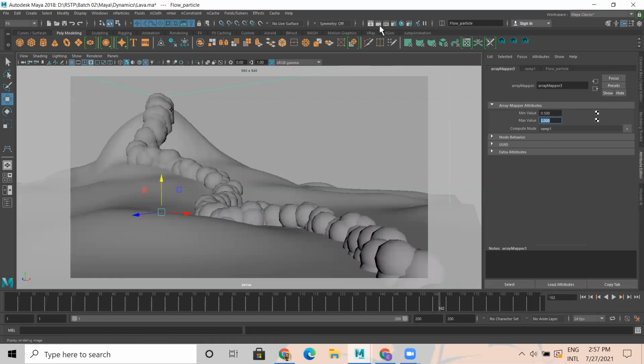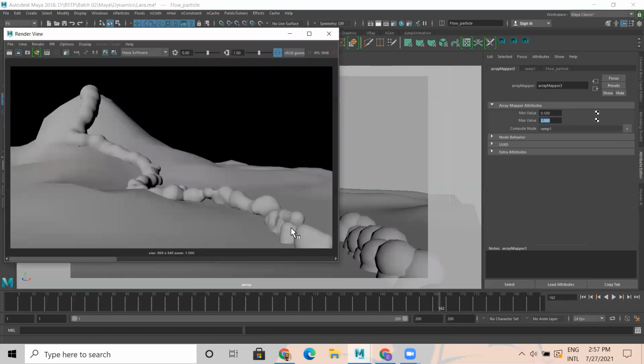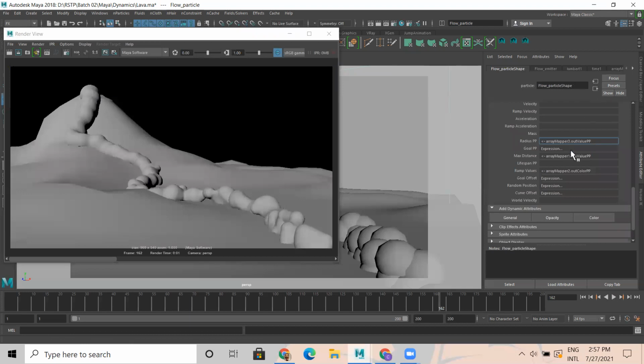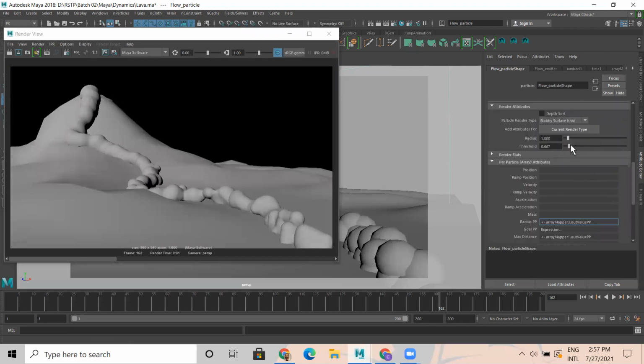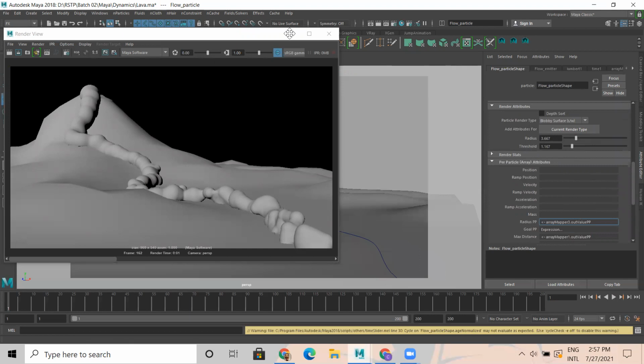Now I'll take a render. You see particle, but it's little bit thin, it's more here. Then almost it's done. Now I can increase the threshold even more. I can increase the radius if you want. So now let's take a render. Obviously we have to play again.